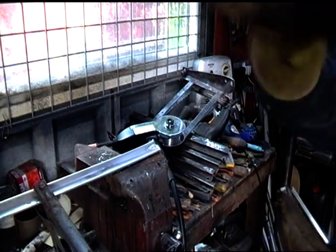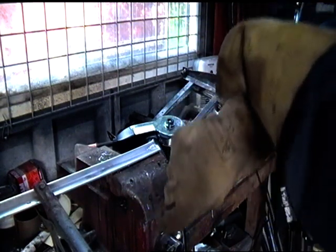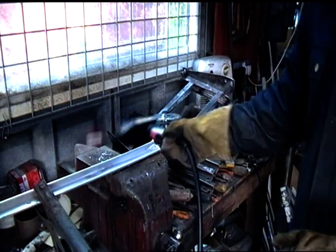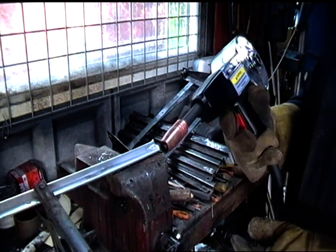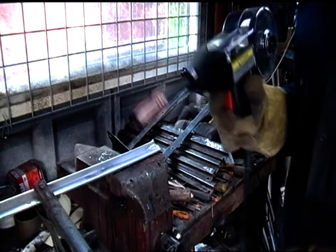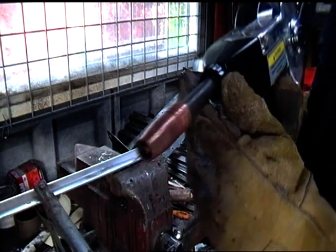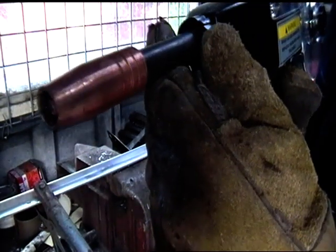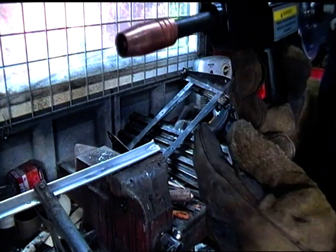Right, so I'm told the first time everyone uses these things, you just make a complete mess. Now I did see someone who first time he'd used it didn't even have the argon gas connected. Now I've definitely got the gas on it, and you can listen here. Here you can hear the gas